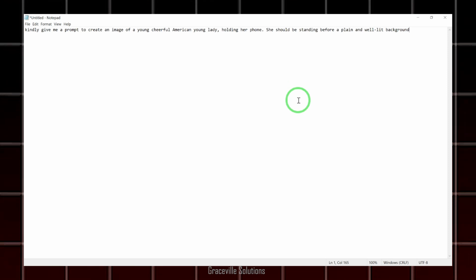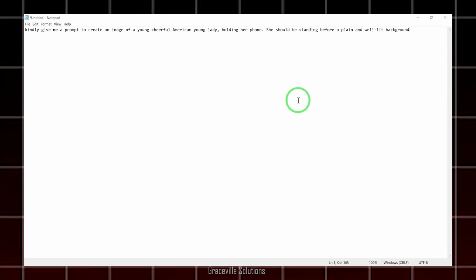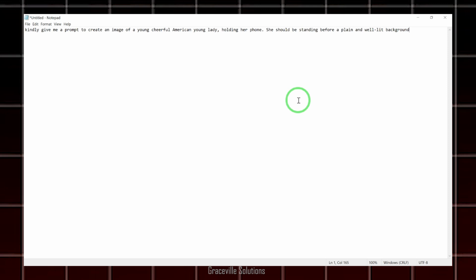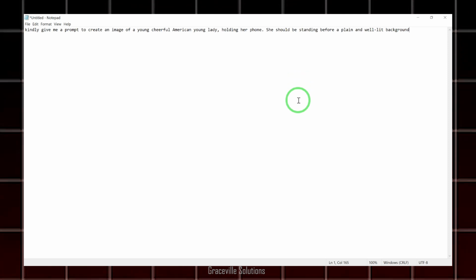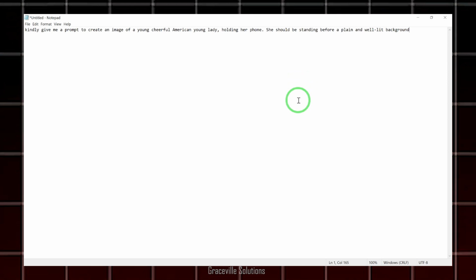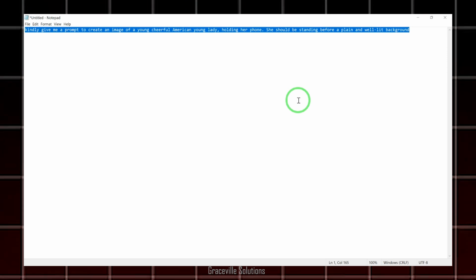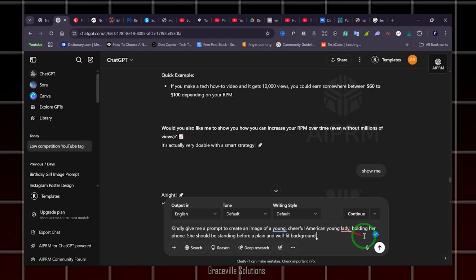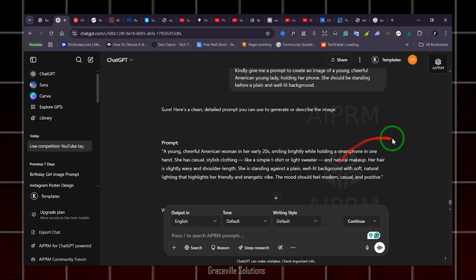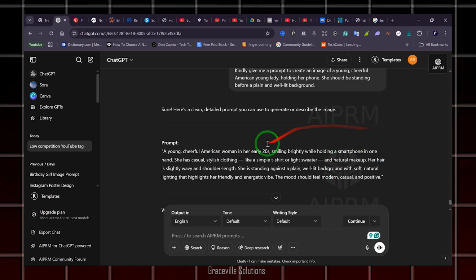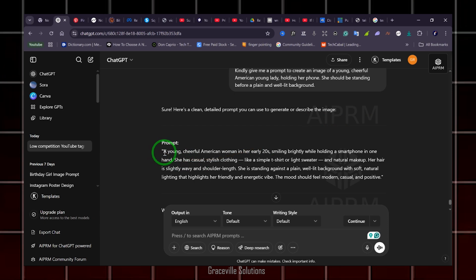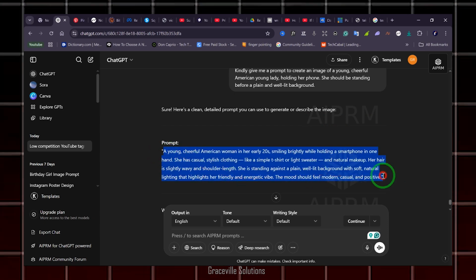It says, kindly give me a prompt to create an image of a young, cheerful American lady holding her phone, and she should be standing before a plain and well-lit background. So I'm going to copy this and go to ChatGPT and hit enter. So this is the prompt that ChatGPT gave to us. I'm just going to copy the prompt and paste it into the free